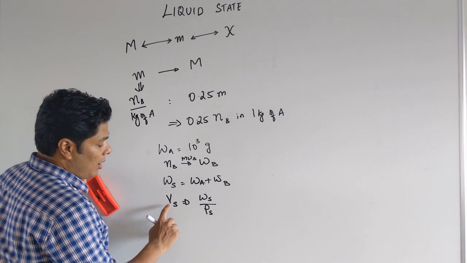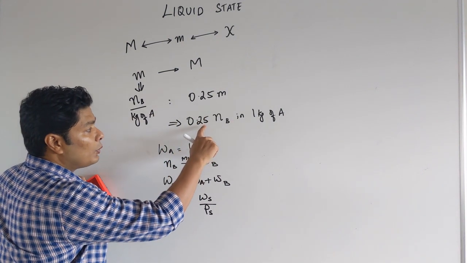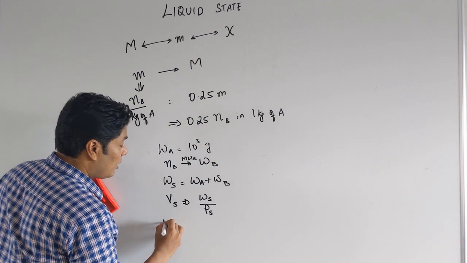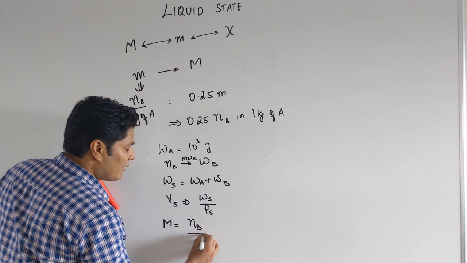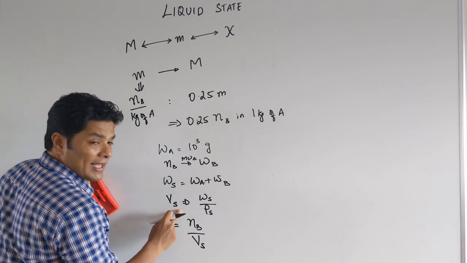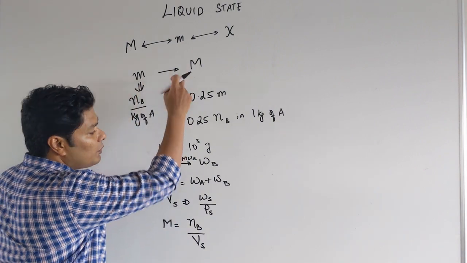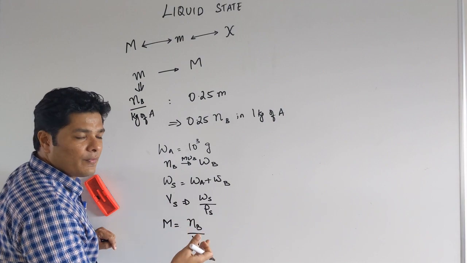So now what do I have? Mass of solution, correct? And I also have moles of solute. So now I want to calculate my molarity. Molarity is nothing but moles of solute divided by volume of solution. Moles is 0.25. Volume you just calculated. So you can calculate molality to molarity. So this is actually not that hard compared to remembering these fancy formulas.